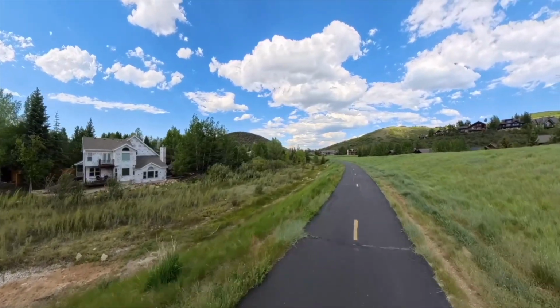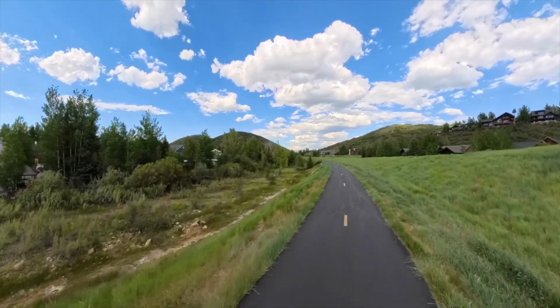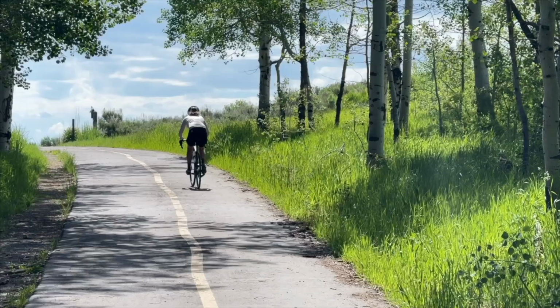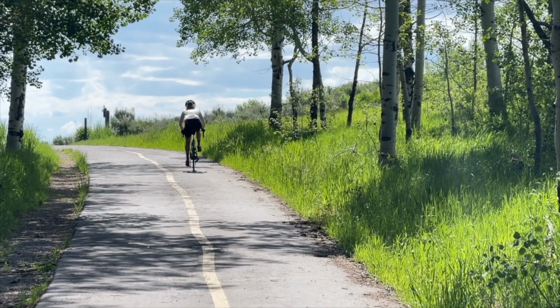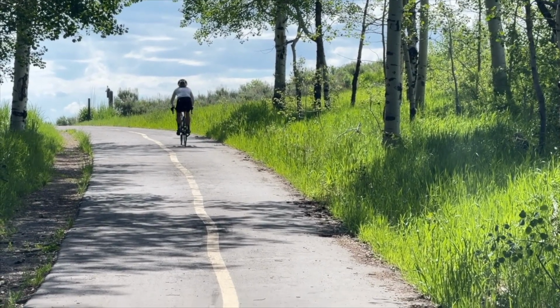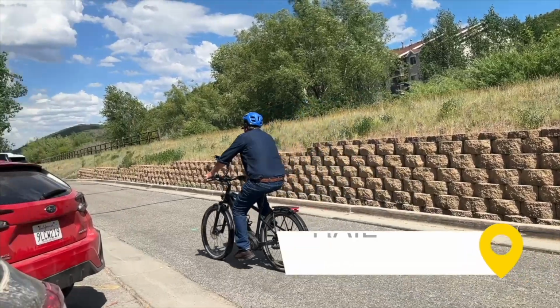Okay, so finally let's finish up with an awesome bike ride through one of the many, many Park City trails. And no, you're not going to have to struggle getting up those big hills with your pedal power. The local bike shops now rent e-bikes, and they're so much fun. I picked up one from White Mountain Touring and went right outside the door to the Rail Trail, which is